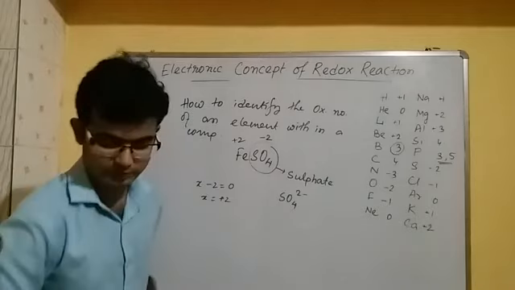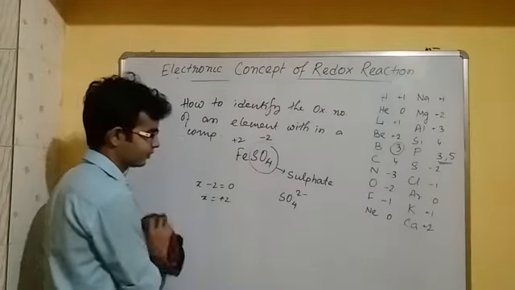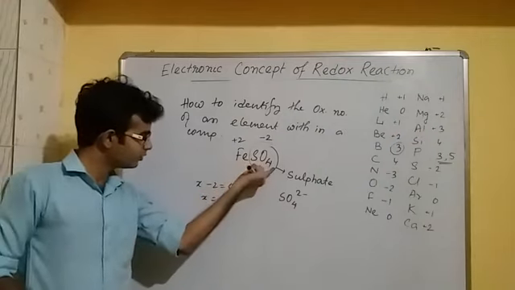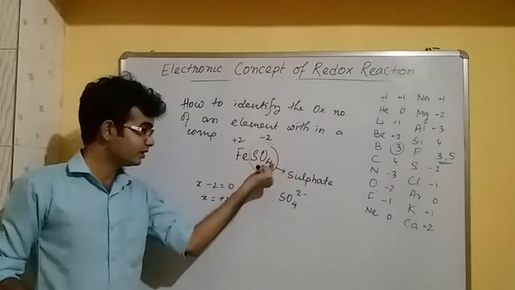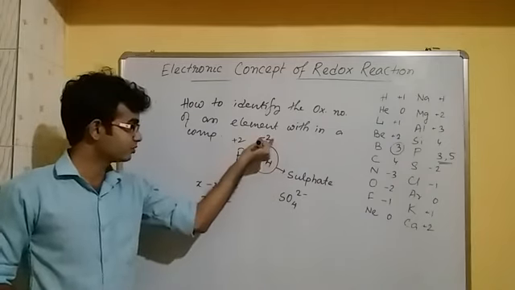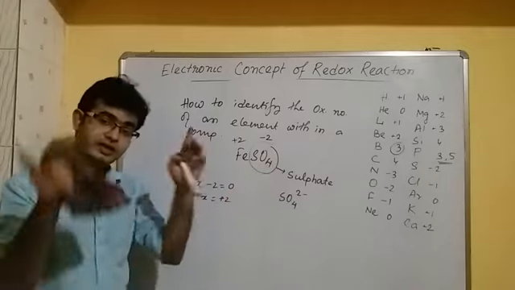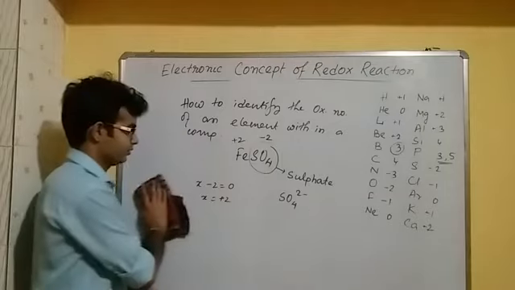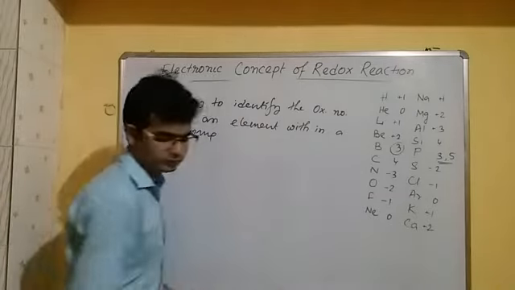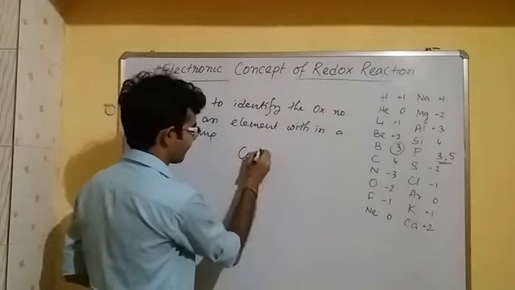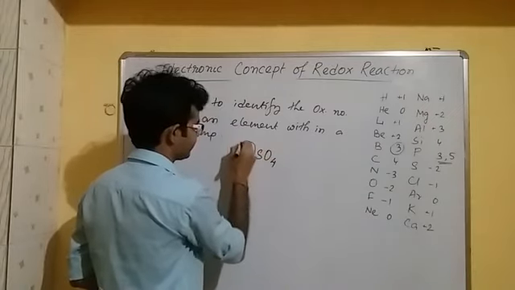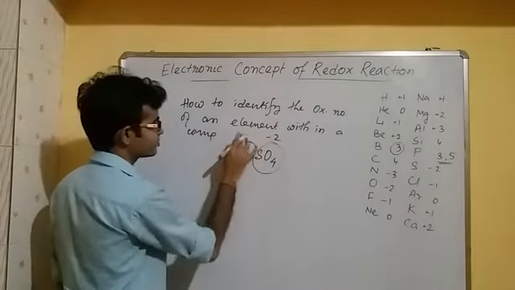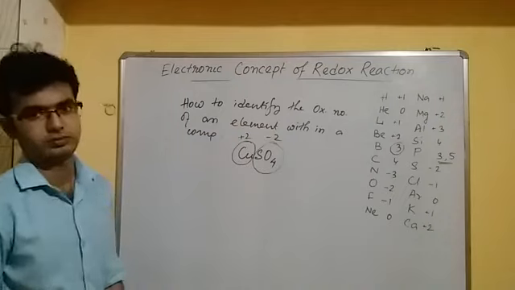Okay. Now I am giving you another question. Is it done? For sulfate it is known that it is -2. Remember, it's not needed to multiply this -2 by 4 because SO4 as a total sulfate is a polyatomic ion. Okay. Suppose it is given CuSO4. What is the oxidation number of copper? Look at this. SO4, very well known, -2, so copper is +2.